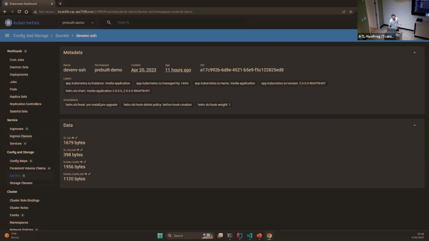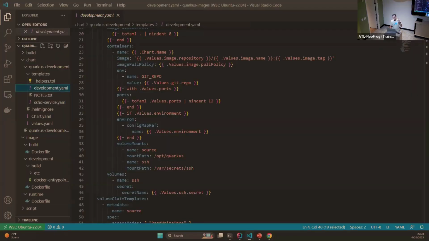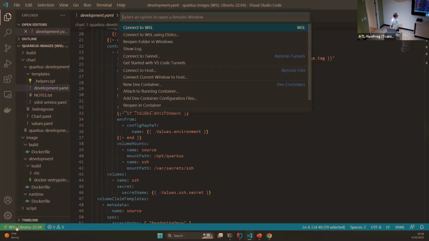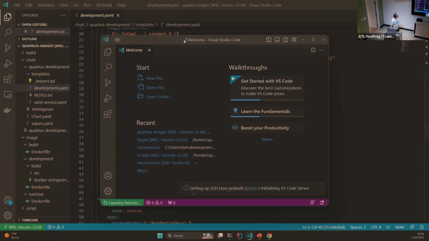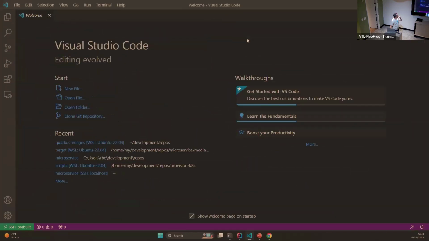So once we have all that, we can connect. So instead of worrying about deploying it, let's just connect, right? That screen up there is really tiny, so I'm going to use this one here. I'm going to connect to SSH and pre-built. Right? And what you're going to see in here